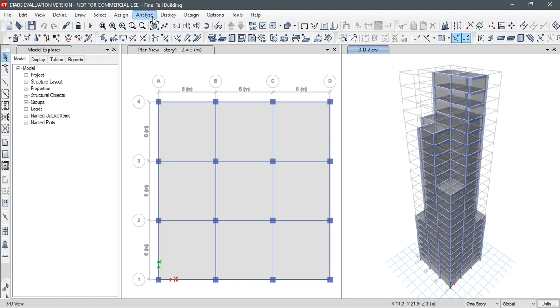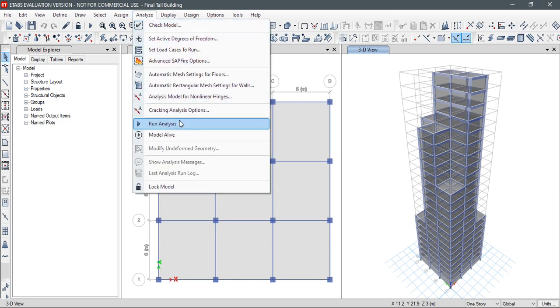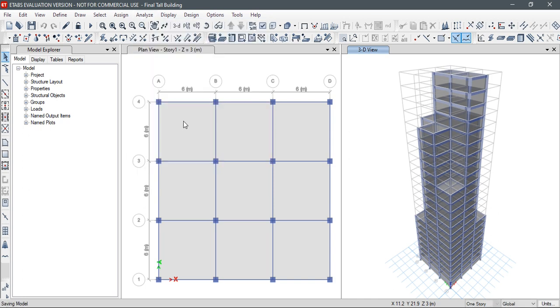Now I have to run analysis on this building. So for this I will do the analysis. Now this structure is undergoing analysis, and we will have to wait until it finishes for the further step.